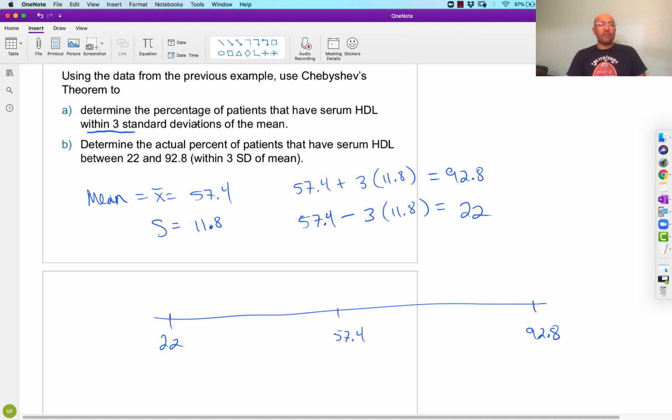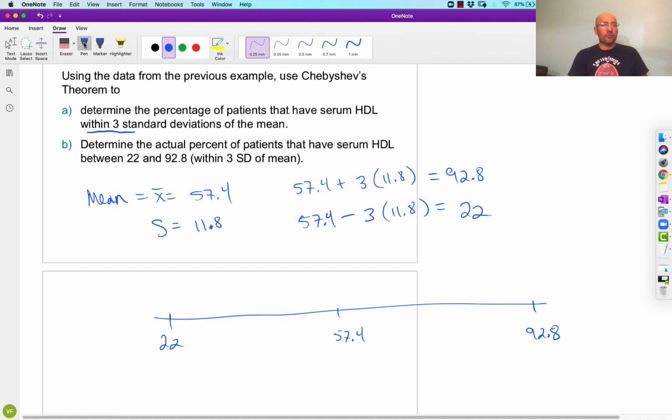Okay, so if this was a bell-shaped distribution, if this thing had a shape that kind of went up like that and came back down and was approximately bell-shaped, then we would use the empirical rule that we did before. But if we have no idea what this shape looks like, we don't have that information, then we're going to have to settle for Chebyshev's